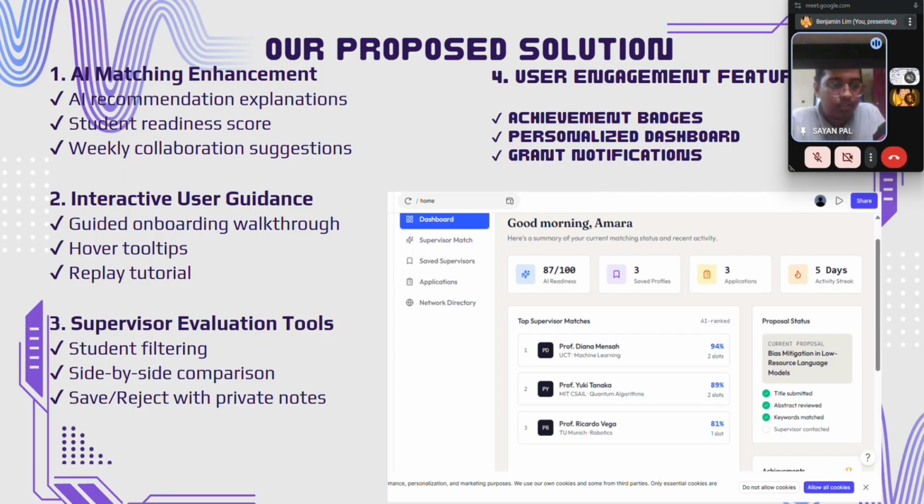So our proposed solution. To solve these problems, we divided our solution into four major enhancement areas. First, we improve AI matching by providing recommendation explanations, readiness scores, and collaboration suggestions. Secondly, we introduce an interactive onboarding experience through guided walkthroughs, tooltips,